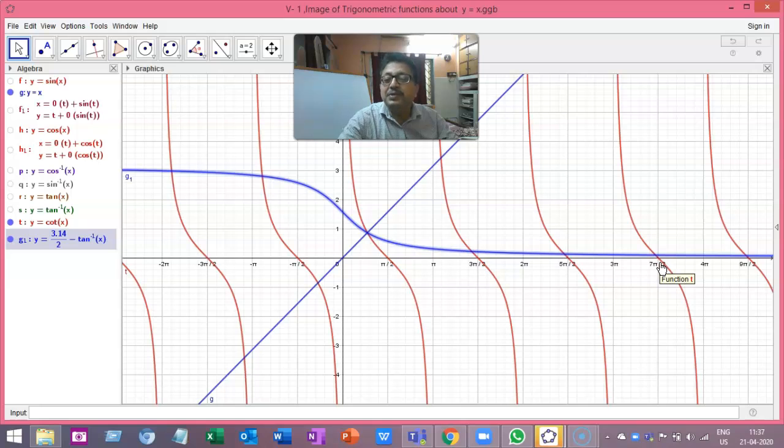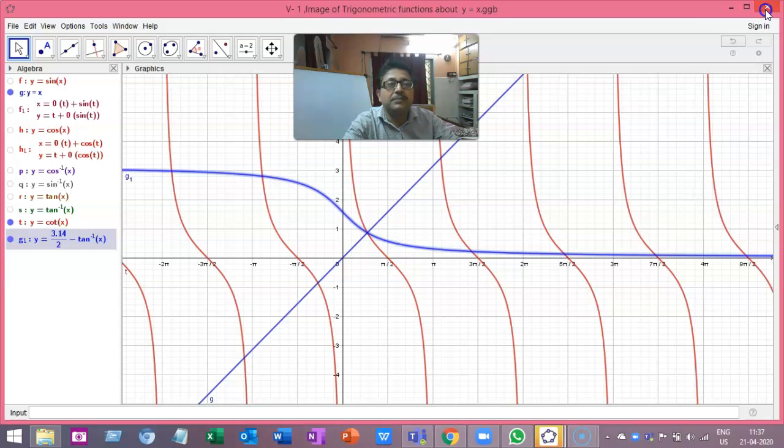We need to restrict the domain. This time, in the next section, we are going to show you that it is for 0 to pi, in that interval. I mean from this point to this point, its inversion we got from y equal to cot x. The cot x graph was from 0 to pi, its inversion in x. Let me show you the next GeoGebra